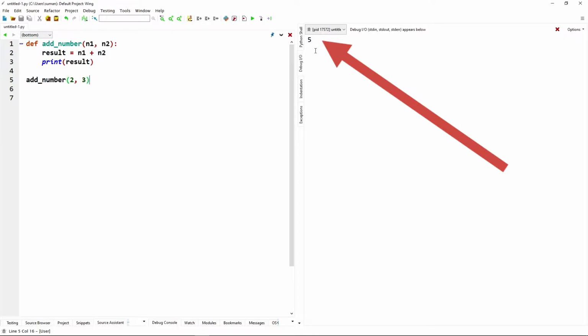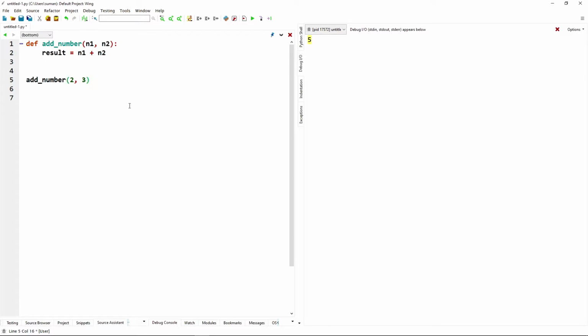We do not want to get the output from inside the function. Here, from inside the function, the print function is giving the output as 5 from the variable result. So we delete the print result statement, and we want to call it from outside of the function.